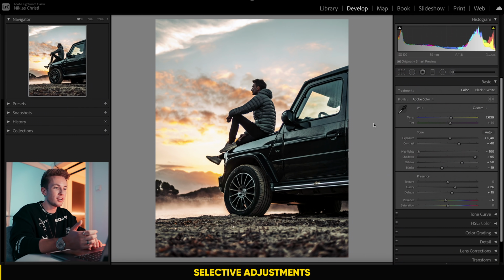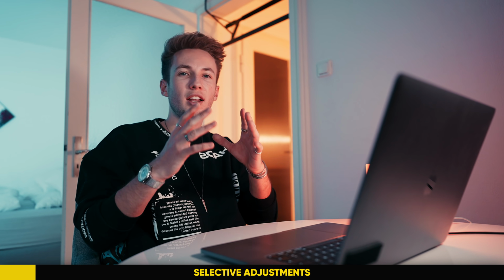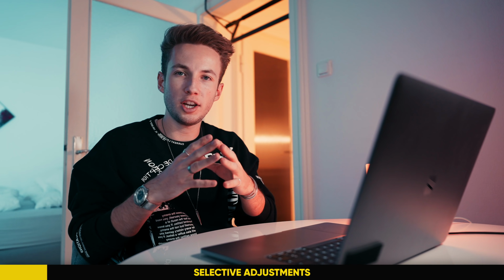This is something I've been working on for quite a long time, so I wanted to make sure to show it to you guys. But let's jump now into the last step of finishing our photo. The last step is going to be to make selective brightness and color adjustments to specific parts of the image. The tools that I mostly use for these selective adjustments are the graduated filter, the radial filter, and the adjustment brush. And the goal of these selective adjustments is to draw the viewer's attention towards my subject and to get rid of any other distractions.